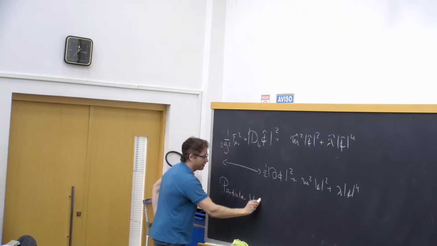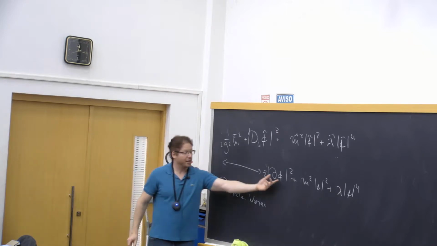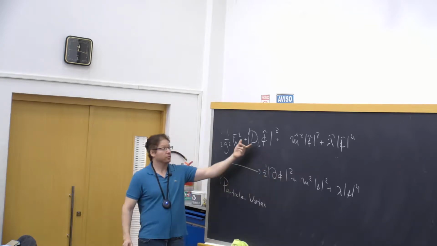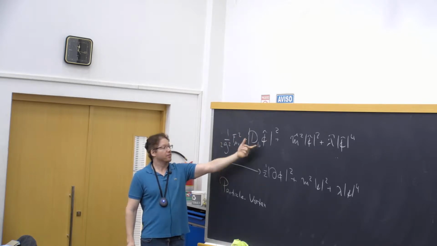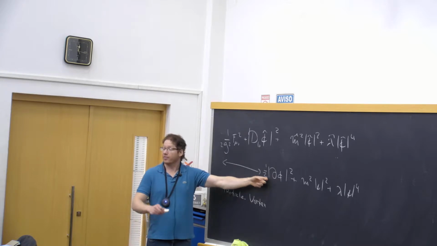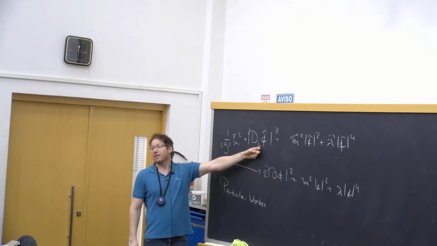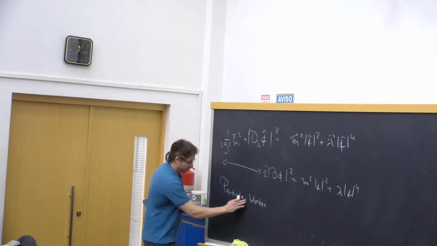Why is it called particle-vortex duality? I hope by now it's completely clear. Because the φ particles in the unbroken phase here correspond to the finite energy vortices in the Higgs phase here. They're both finite energy. And in addition, the vortices here in the broken phase, which have logarithmically divergent energy, correspond to the electric charge excitations in the Coulomb phase. So this is why it's called the particle-vortex duality.